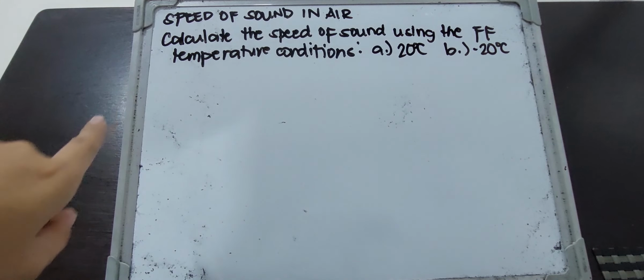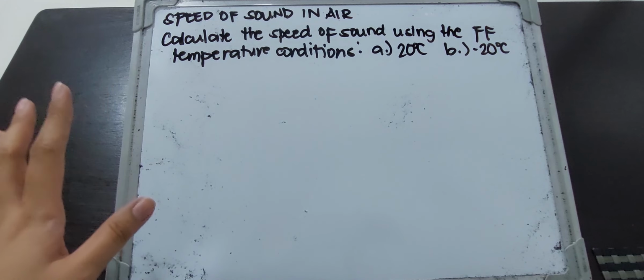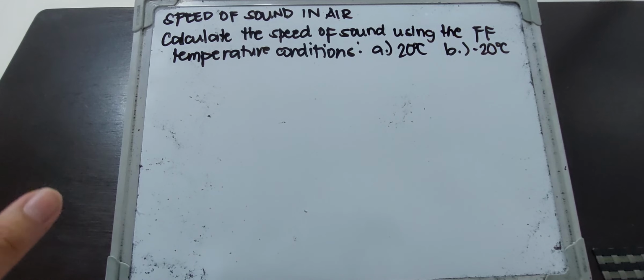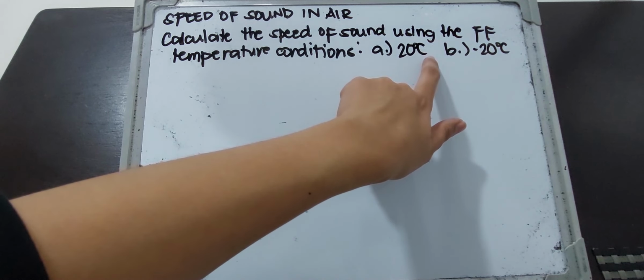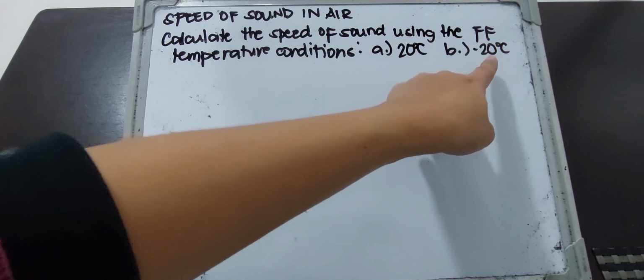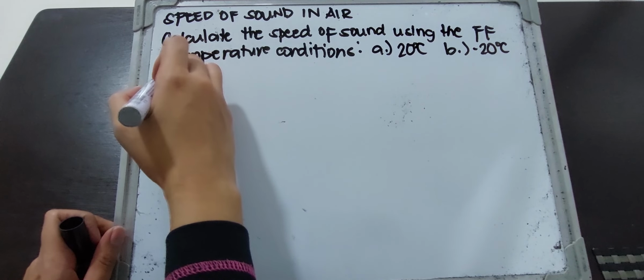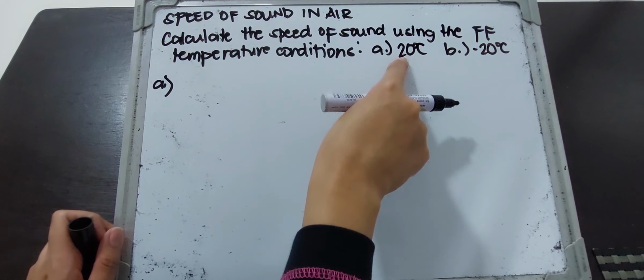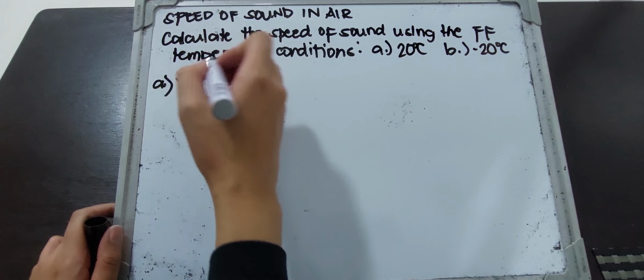So, speed of sound in air. So, this problem was included na or showed to you during the past recorded discussion. So, calculate the speed of sound using the following temperature conditions. So, 20 degrees Celsius at ano daw naman ang speed of sounds if the temperature is negative 20 degrees Celsius. So, for our formula, let us first write or solve for the 20 degrees Celsius. So, we have the speed of sound is equals to